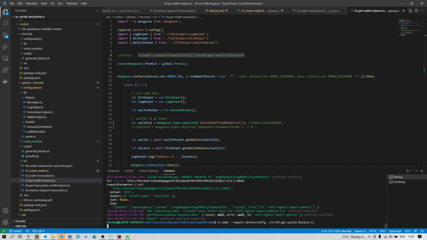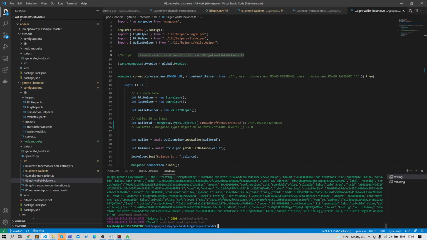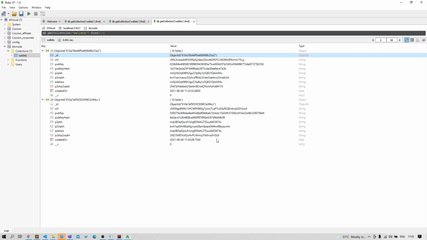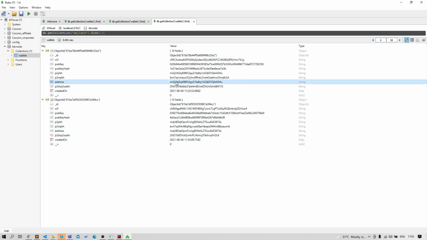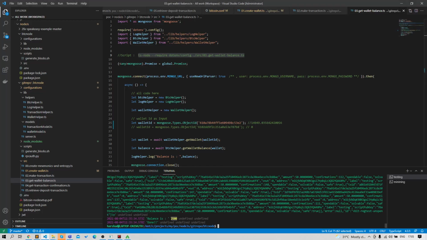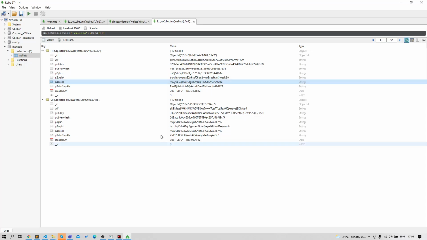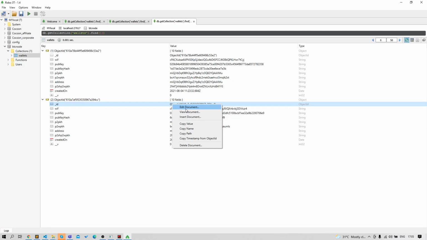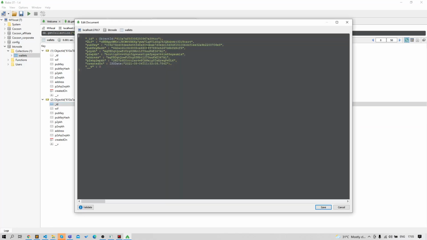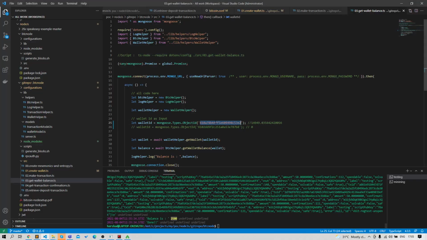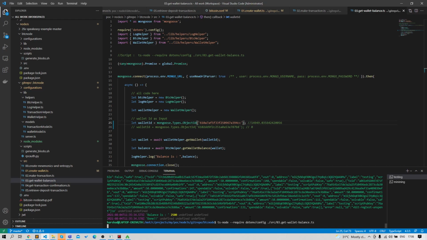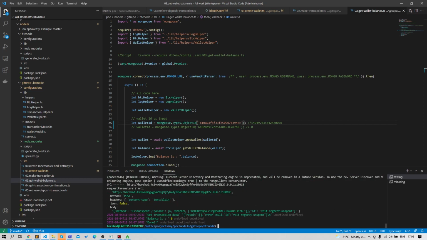So if I run this file, it will show the number of Bitcoin that our main address holds. So this is our address that holds this much BTC, and if I use the second wallet ID instead and run the get balance script again, it will show zero.